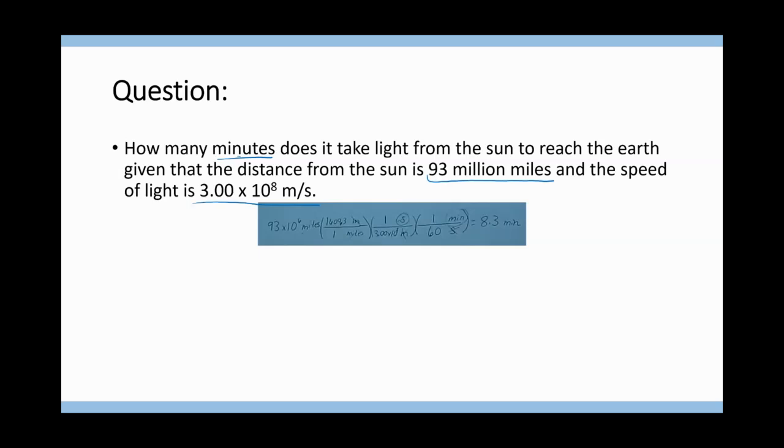We're looking for how many minutes it takes, and we'll have to use the information provided to get there. Because the distance from the sun to the Earth is given in miles and the speed of light is in meters per second, first thing we'll do is convert miles to meters so that we know how far away the Earth is from the sun in meters, which aligns with the speed of light that's provided here. The other thing that you could do is convert the speed of light to miles per second, and you would be able to calculate the final answer as well. So there are different ways to complete these calculations. But let's go ahead and convert 93 million miles